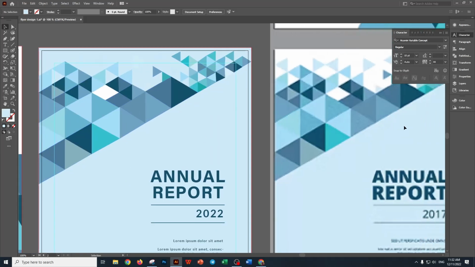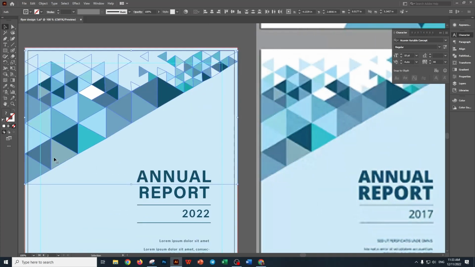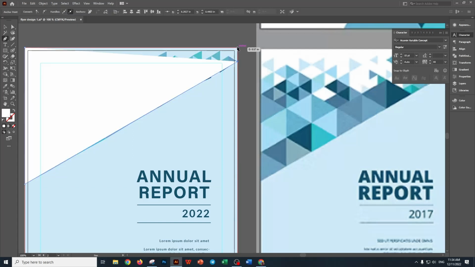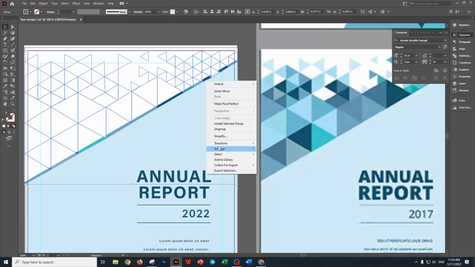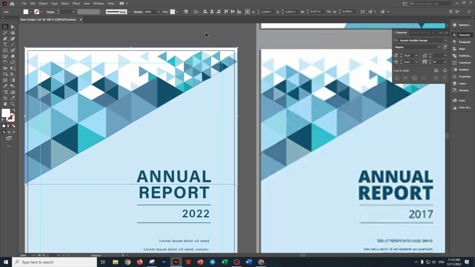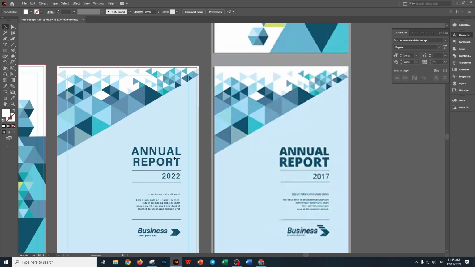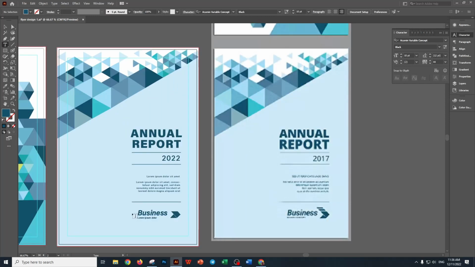Lastly, making everything precise, and yes, going through all the corrections, adjusting the background, the shapes need to be perfected, and yes,